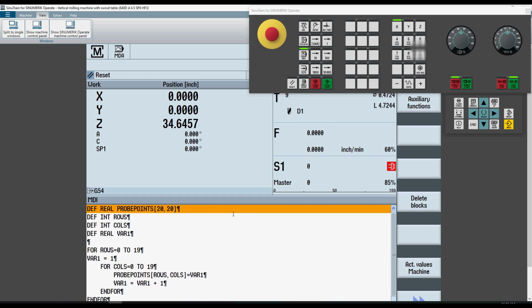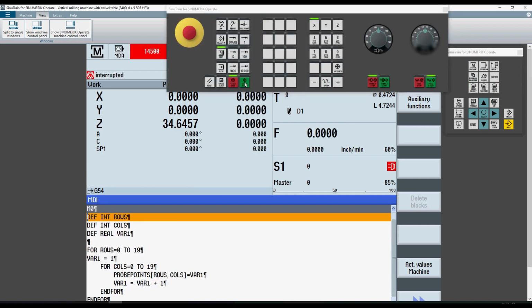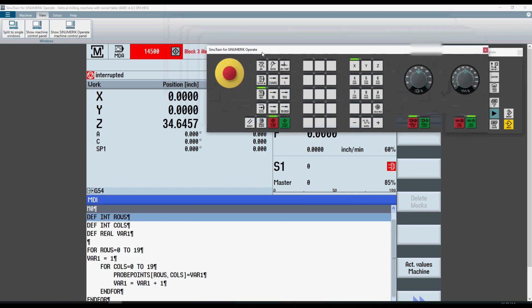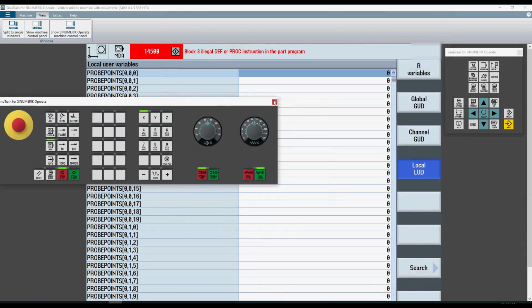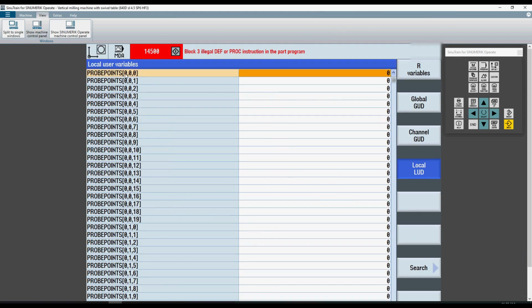Now the data arrays in the Siemens Sinumerik control will handle up to a 3-dimensional array, so I can put another comma 20 in there. Now I've gone from 400 to 8,000 array elements, and all I did was add another section of data table. To show you that, I'll just M0 right here. So when I cycle start, I do have an alarm, but that is underneath. It already established the array for me, so I can look through here, and now we see that we have probe points 000, 001, 002, 003, and as we scroll down,